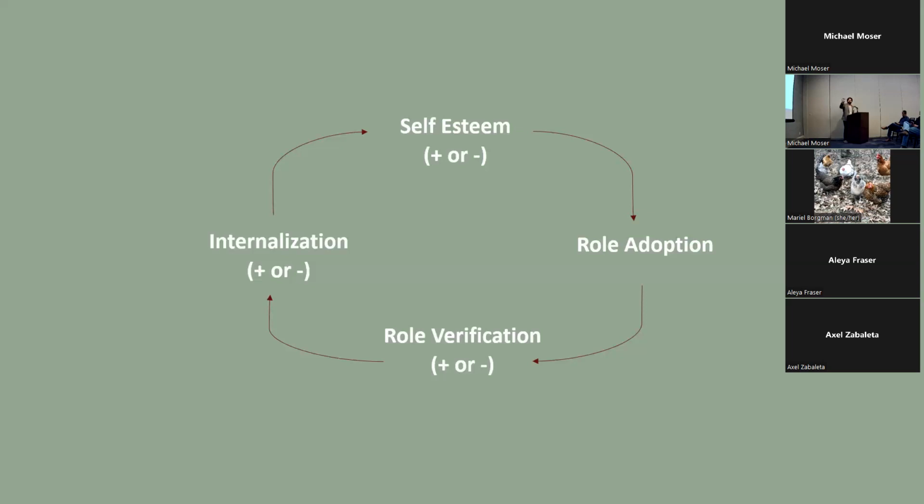And then the farmer, or the teacher or whoever they are, will internalize that role. It'll be a positive thing or a negative thing. They're going to say, okay, I feel good about that, and they're going to continue this process. It'll increase their self-esteem or decrease it. And that's the broad process that Kasten Burke created, or described, about building or destroying self-esteem.